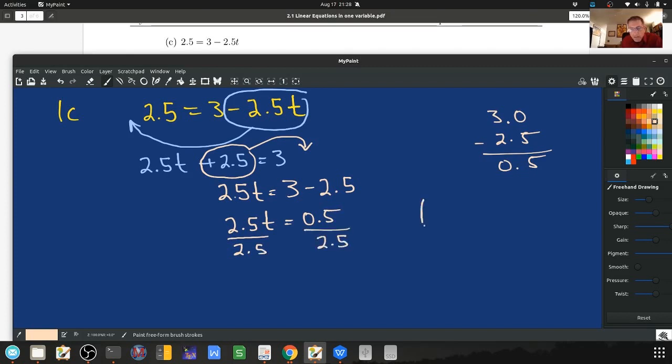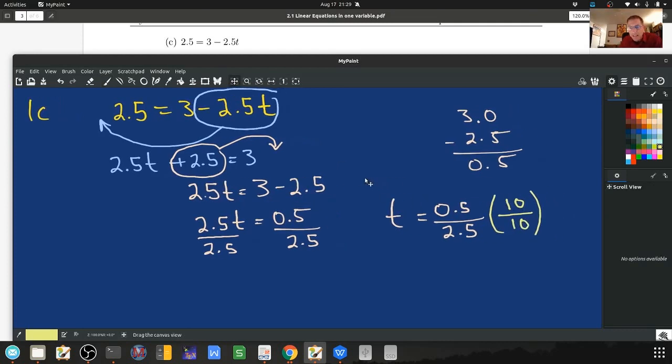So my first answer, and it is numerically correct, is t is equal to 0.5 over 2.5. But my MyMathLab does not like that answer, nor do I. I want it to be a real fraction, where the numerator and the denominator are both whole numbers. So I'm going to use the trick again and multiply both sides by 1, disguised in the form of 10